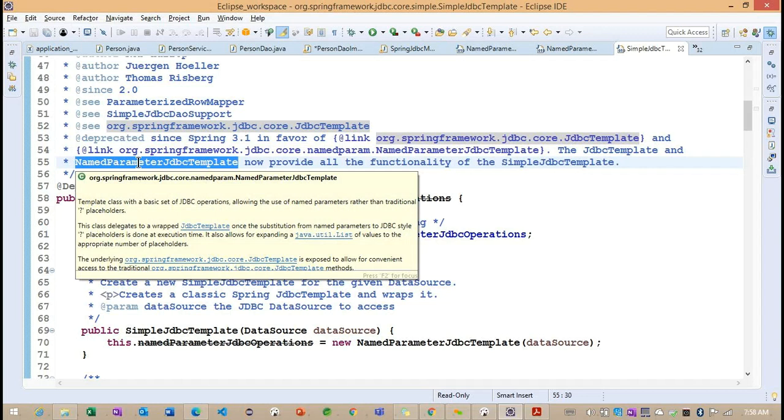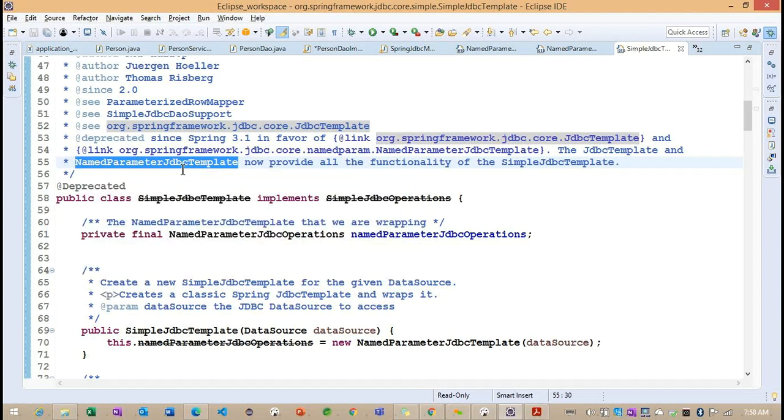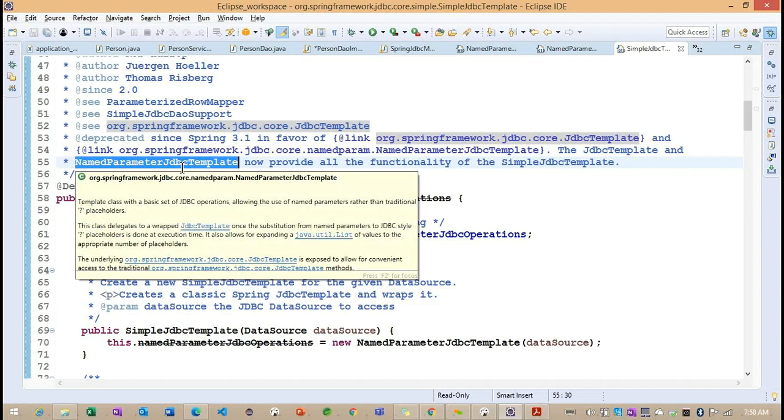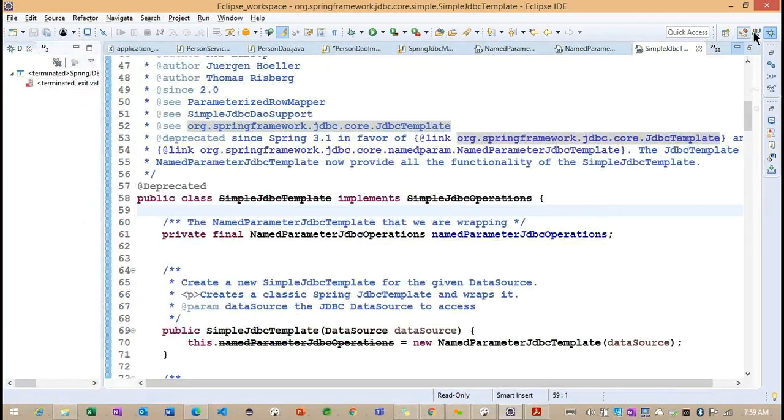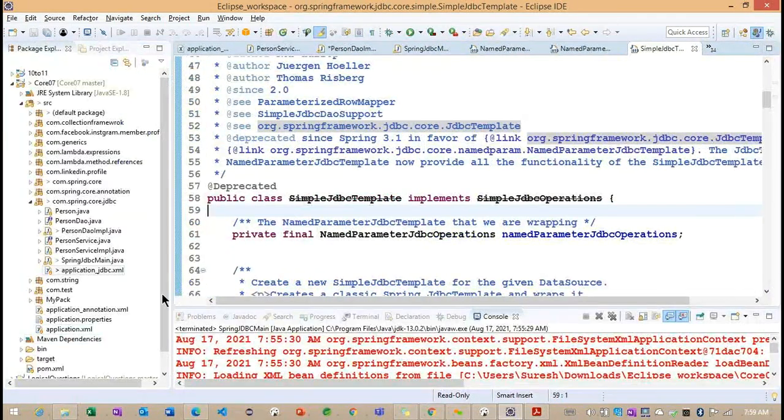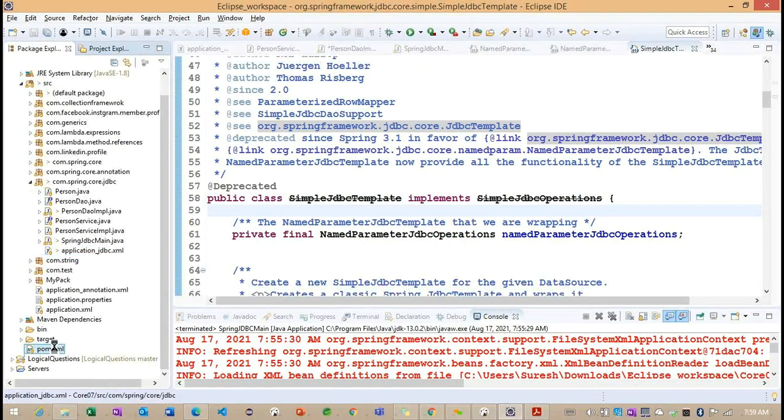So whenever we work on the simple JDBC, we can work with either the JDBC template functionality, or we can go for the named parameter JDBC functionality. Getting the point. So we don't want to discuss more about the simple JDBC template. So why? Because we are trying to work on which version here? Now if you see inside our, let me change the perspective first. Inside our pom.xml, what is the Spring version we are working with?